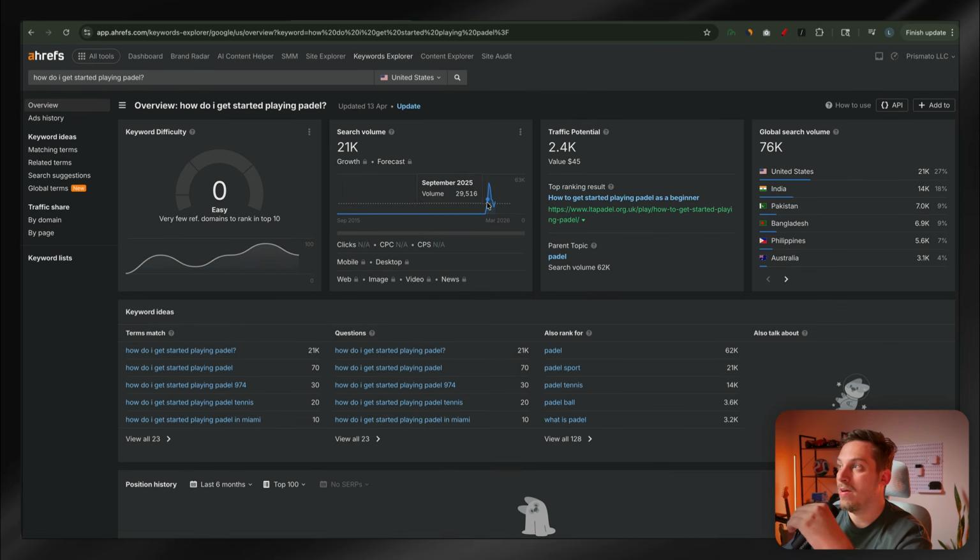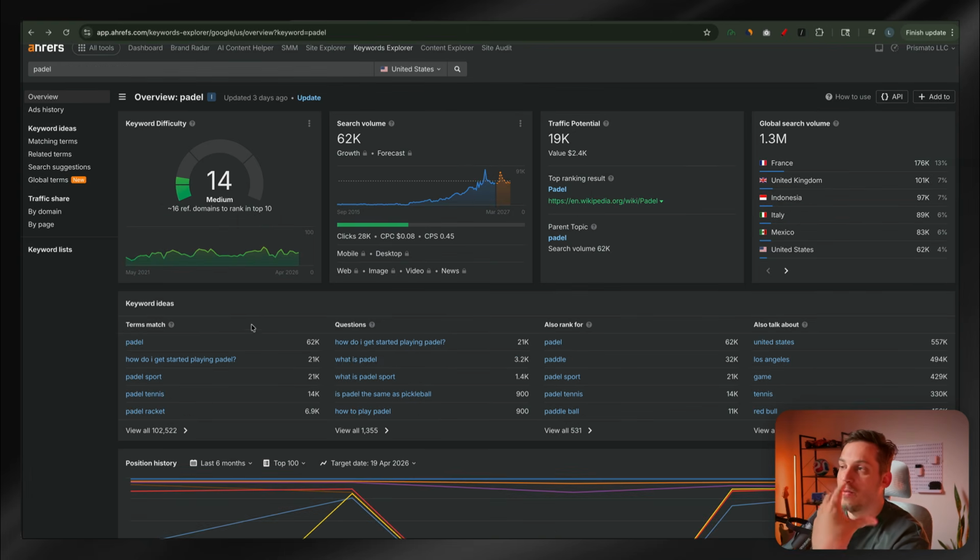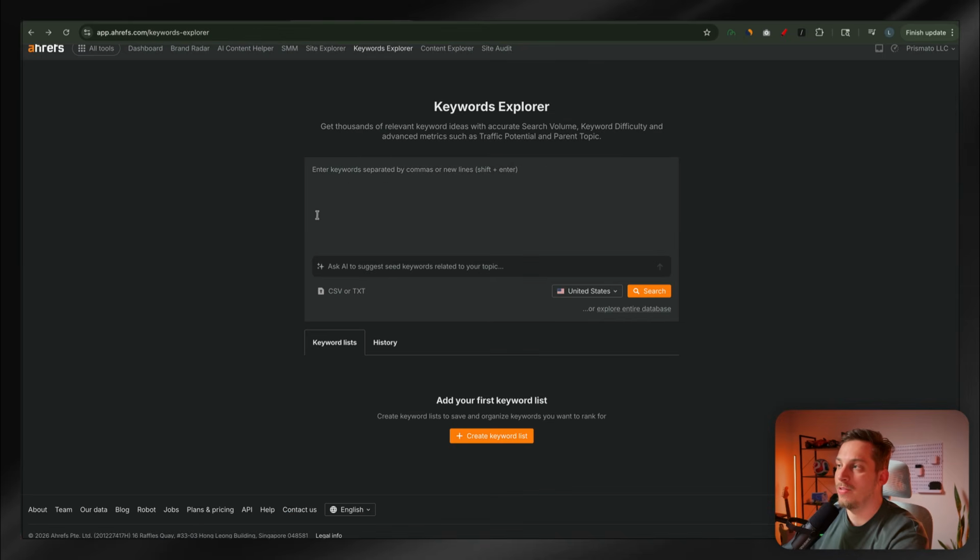It seems to be a very fast growing topic, especially in the last months. Seems to be very easy to rank in terms of keyword difficulty. And we don't have any CPC data, but it might be something worth looking into. But the bottom line here is that you search for these keywords, you use Ahrefs to search for a specific